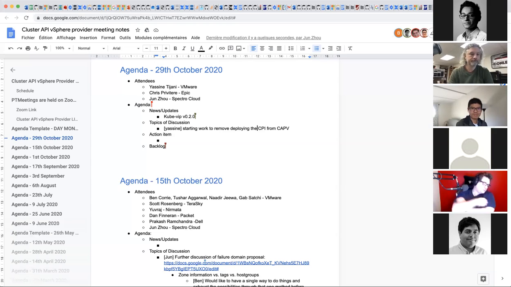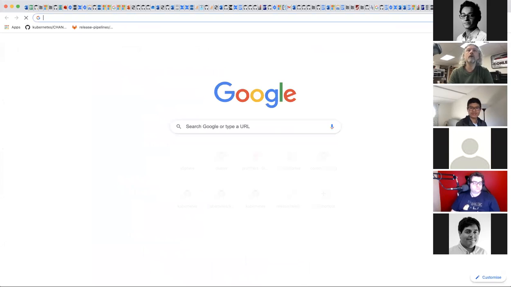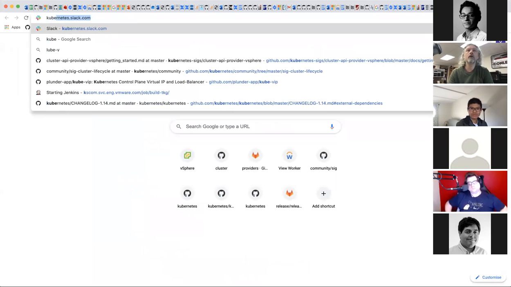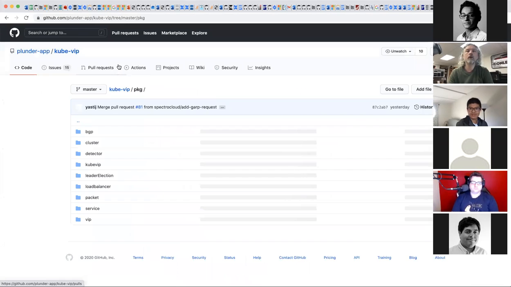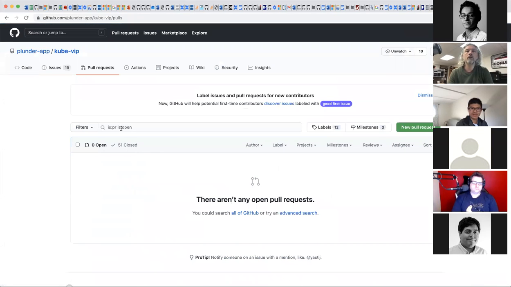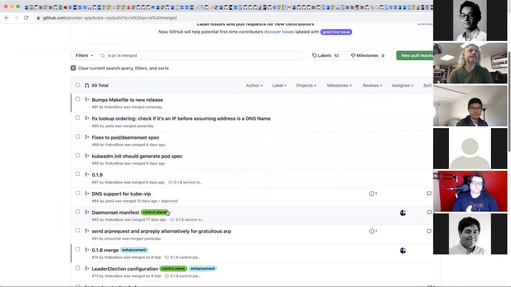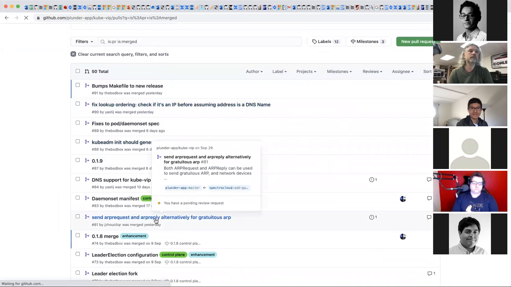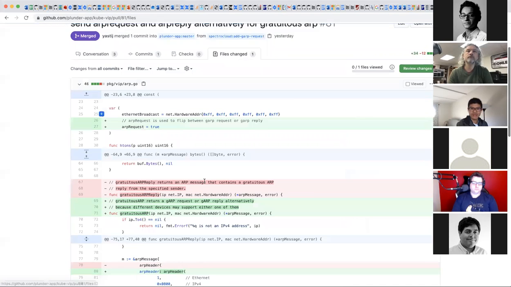During testing in one of the network environments, we saw that during failover, the ARP message was not received by the other node. Eventually we figured out the ARP reply message was malformatted. Some of the fields are not aligned with the RFC definition. So we made a fix for that.